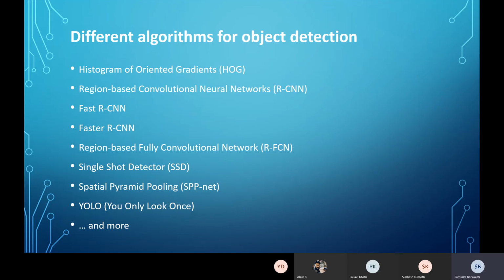It's named such because the image is only read once, and then the model predicts where and what each object is. It's so fast that it can predict like that.